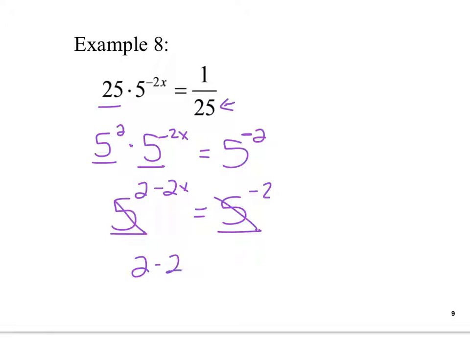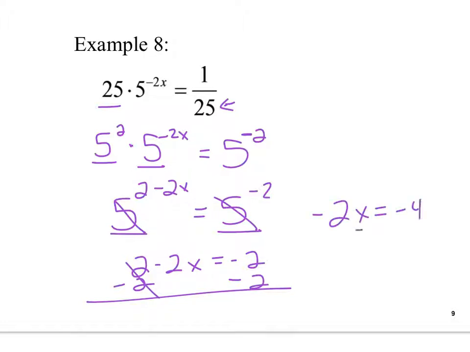So it's 2 minus 2x equals negative 2, and we solve. So it's negative 2x equals negative 4. So x is 2. Okay, the basic idea, we need common bases,